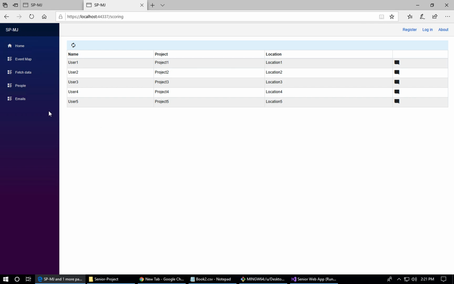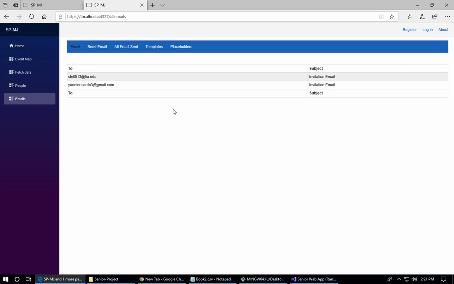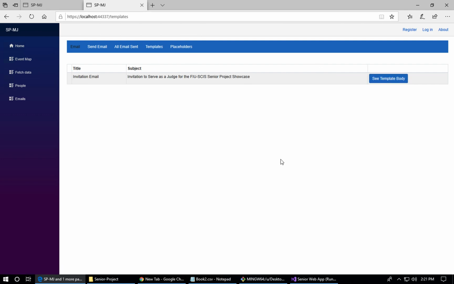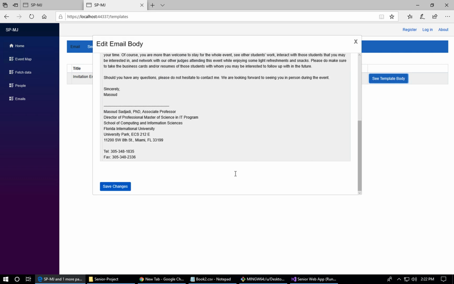I thought the other important thing is right here in email. Well, we showed you last sprint that we're sending the emails. The functionality of sending email is already complete. So we added this, where as of right now we only have the template for invitations. So it is the template, and